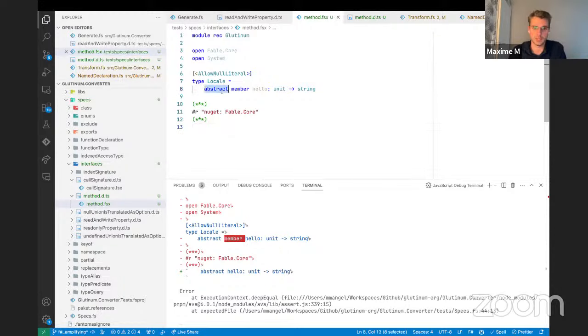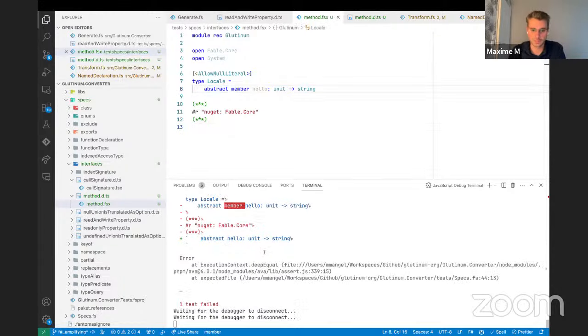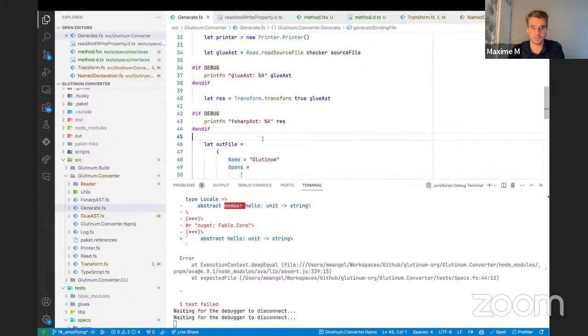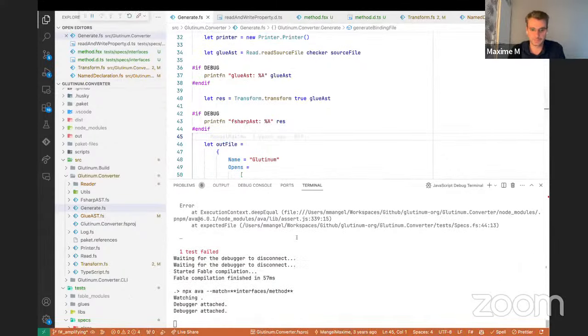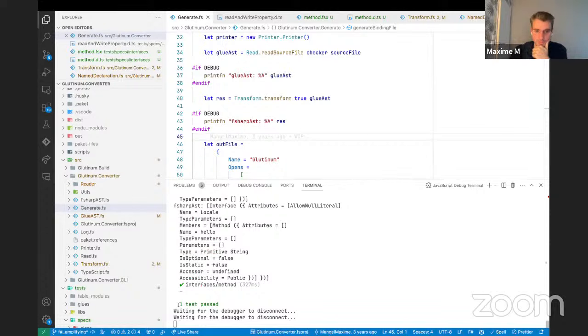So we need to generate abstract member hello. And if we run the test again by saving an F-sharp file, we will see that now the test is passing. So we added support for a new syntax to Glutinium,